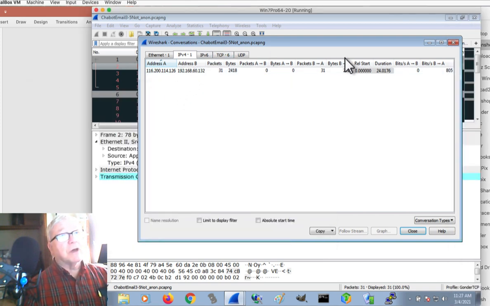But so now I've got an anonymized trace file. I could share this up on CloudShark. I could take this with me to a presentation, and I could share this with people, and important and identifiable and confidential information that otherwise would be contained in the trace file is no longer there. I might be sharing this with someone because I'm having trouble figuring things out. So I can give this to them, they can tell me what they think about it, but nonetheless I have not distributed confidential or important or delicate information.